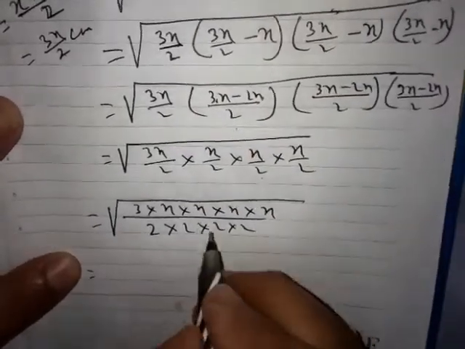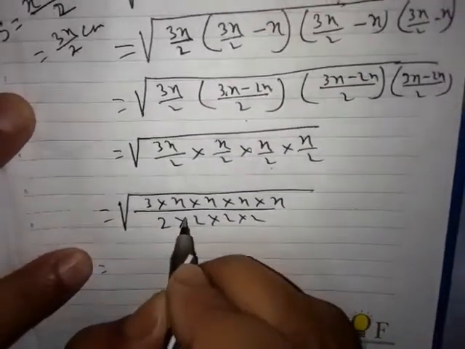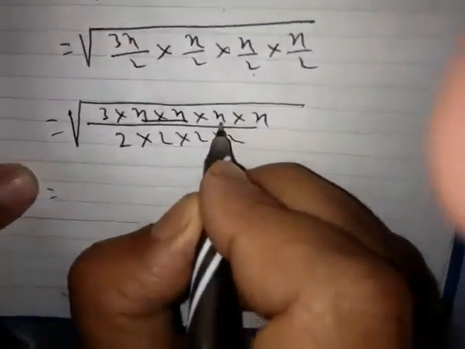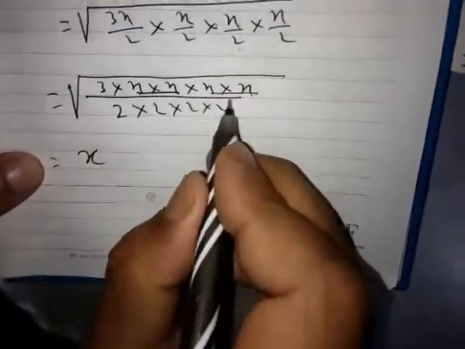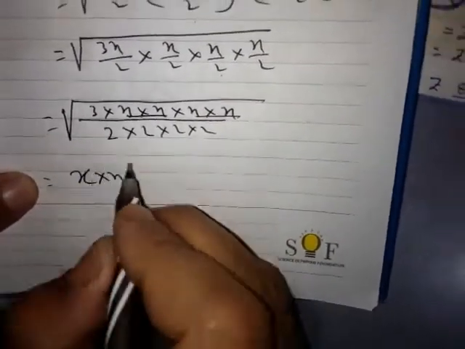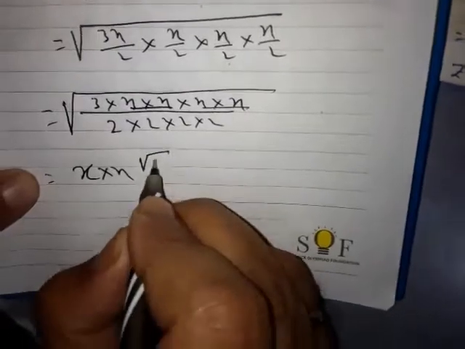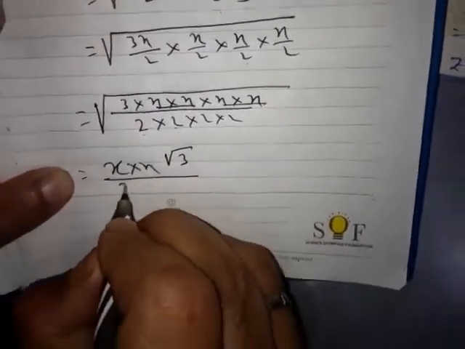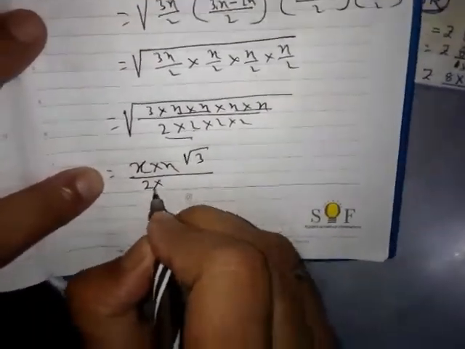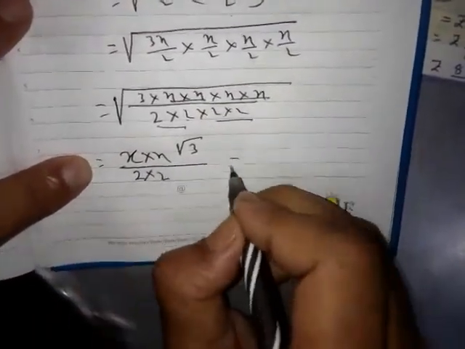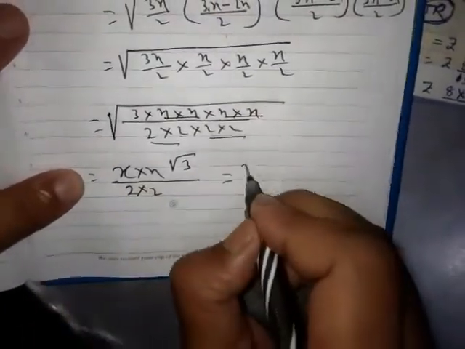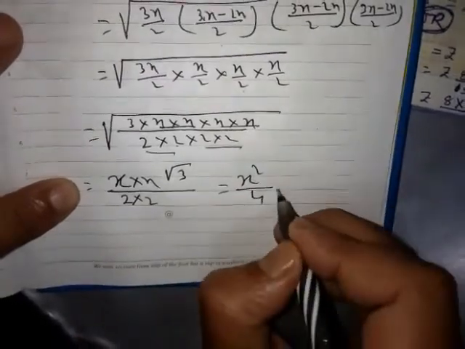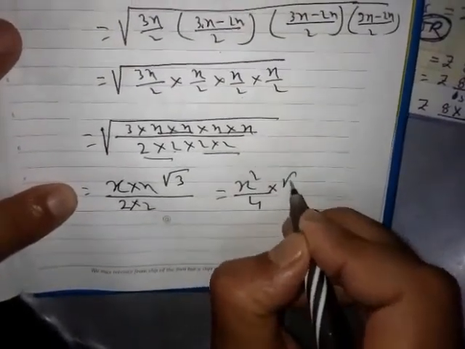Now to make you understand, you know that wherever the square root sign is there, for every pair one will come out. So this is one pair, this is one pair. So one will come out, into this will come out. This 3 has no pair, so it will stay up. Down, what will come here? 2 has a pair, so one 2 will come out, and again this 2 will come out. If I do the multiplication, x into x equals x square, down 2 to the 4, and you can write here root 3.